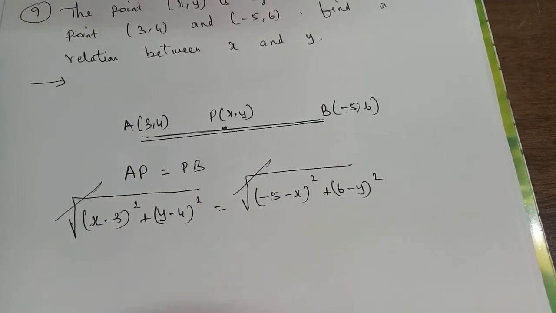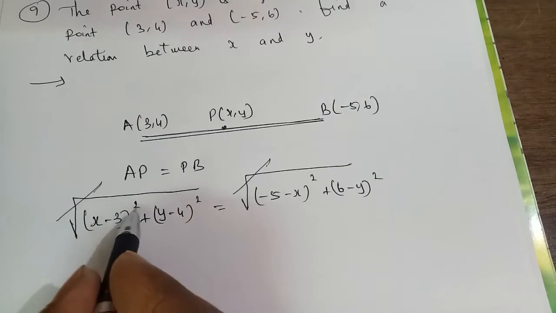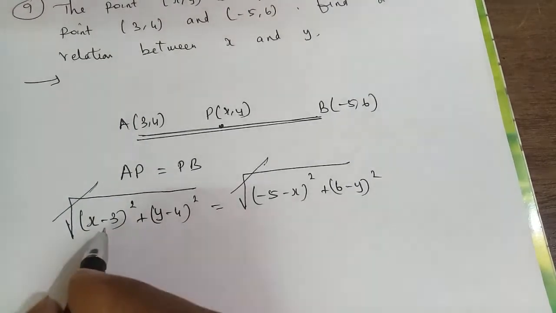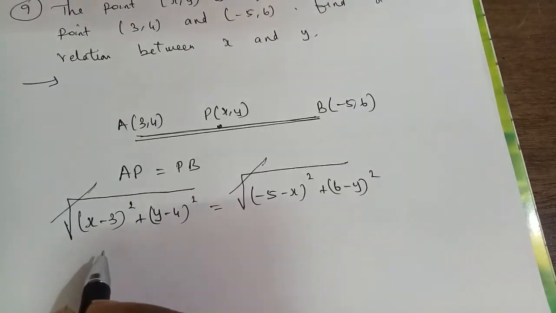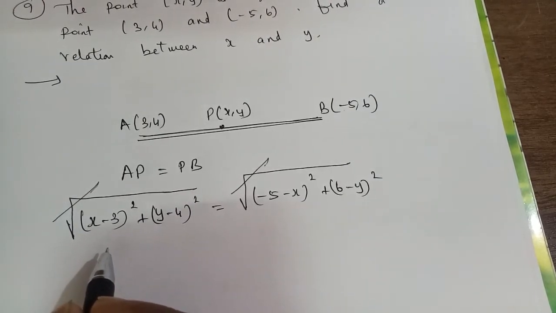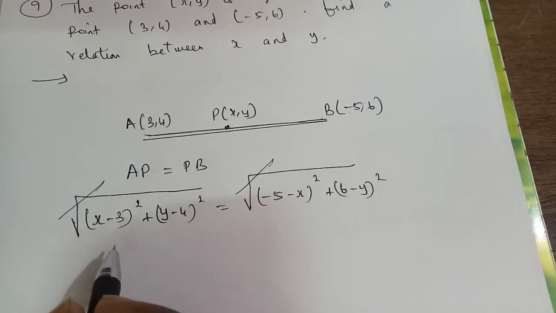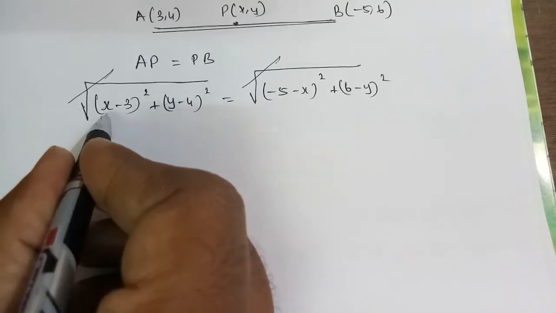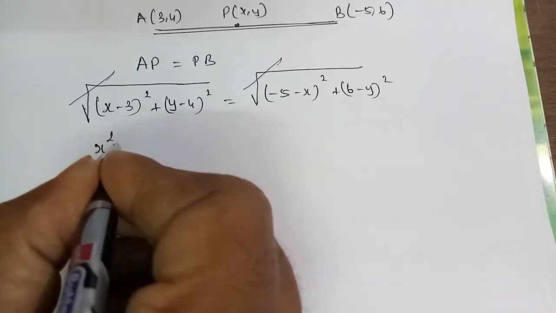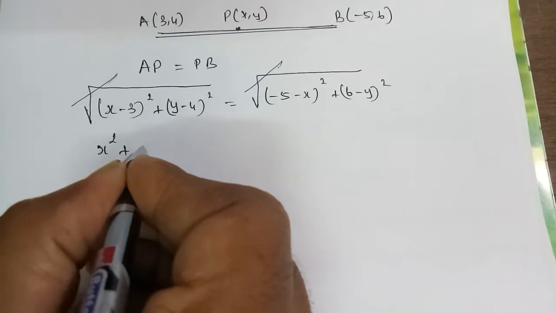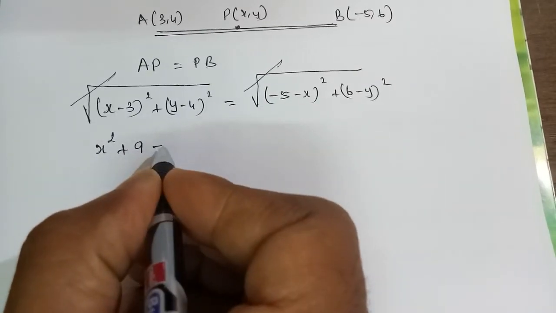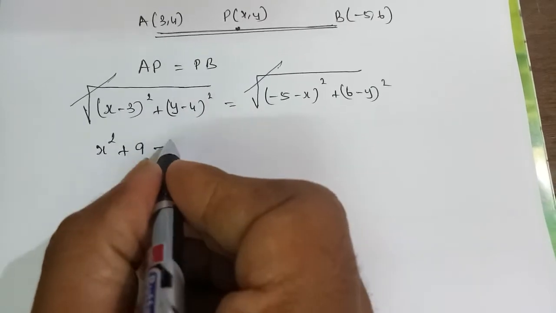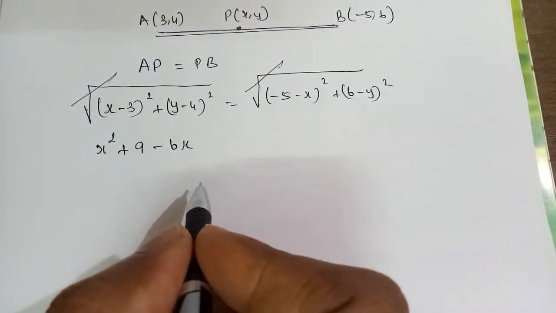Okay, next what we have, (x minus 3) the whole square. We have this in the formula (a minus b) the whole square. So what is the formula? (a minus b) the whole square is a square plus b square minus 2ab. You already know the formula. So we'll write x square, that is a square, plus b square. b square is 3 3s are 9, minus 2ab, 2 into x into 3, that is 2 3s are 6, 6 into x is 6x. We have got like this.